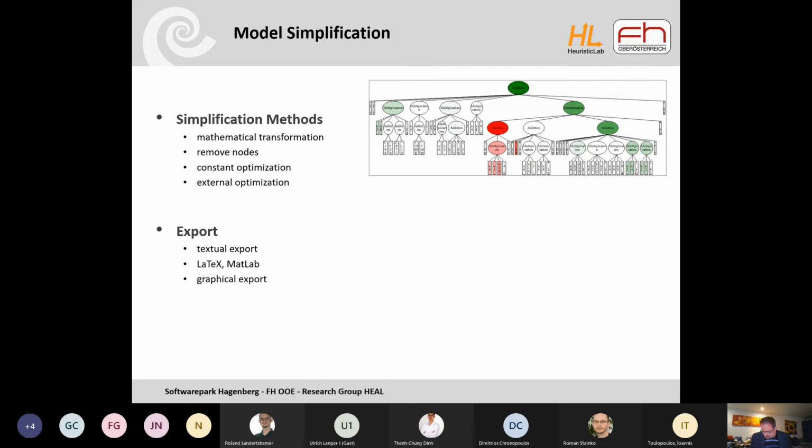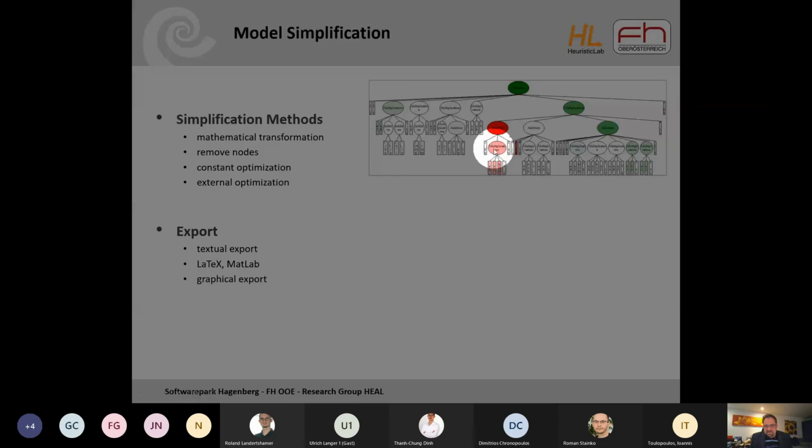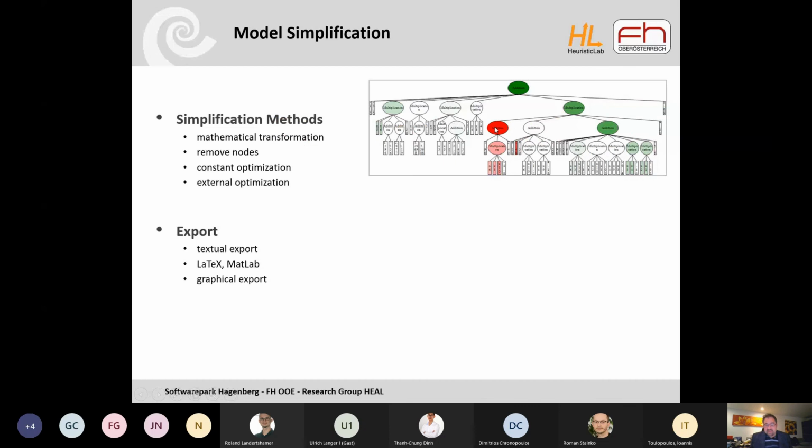For example, here what's indicated in shades of green or red or neutral is the impact of subtrees, and the user, by double-clicking, for example, a subtree, which can even be counterproductive, as indicated here with the red subtree, can